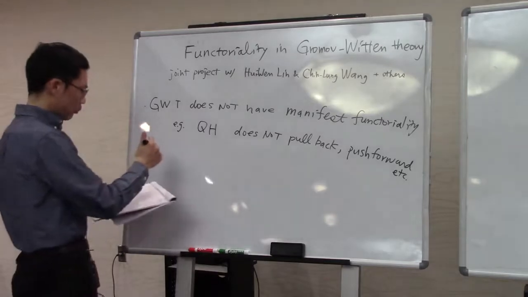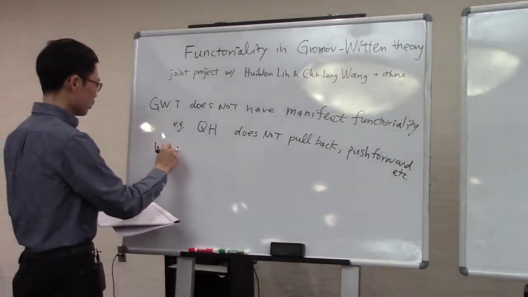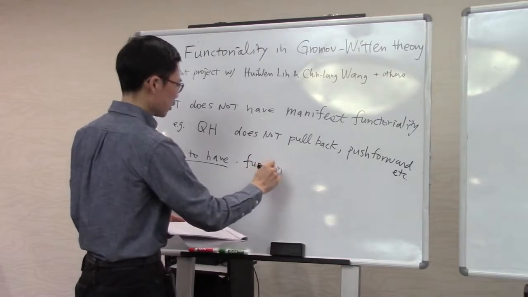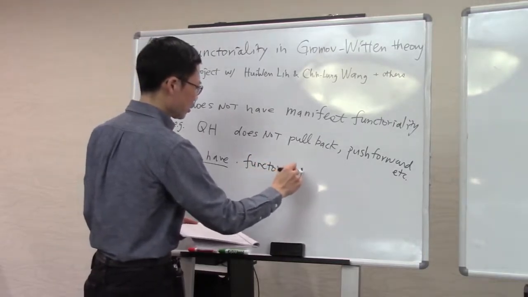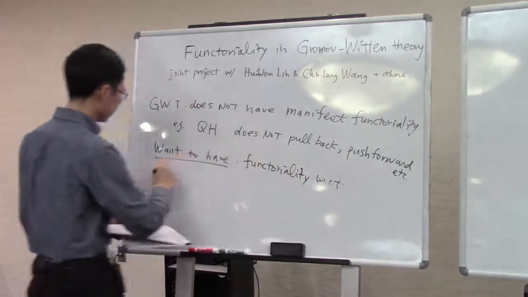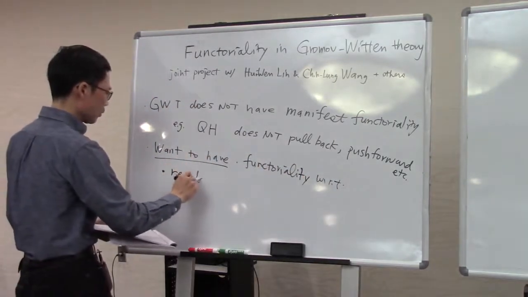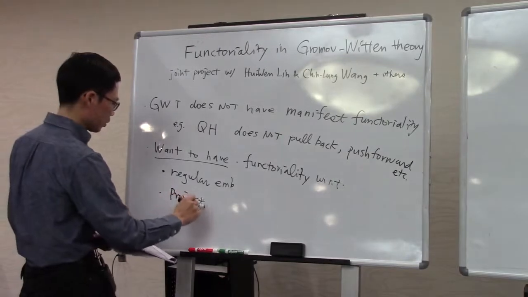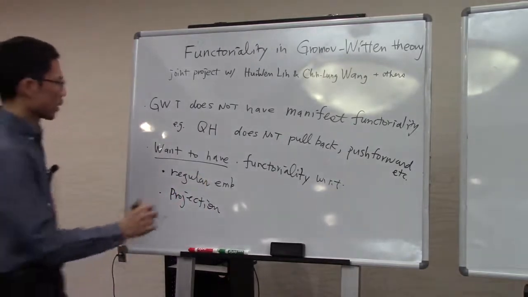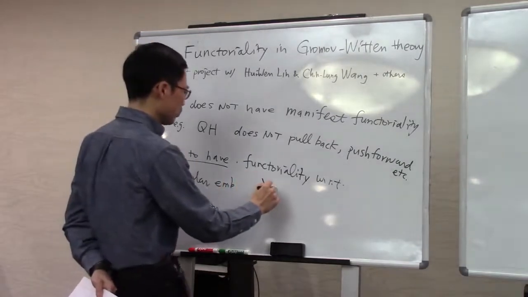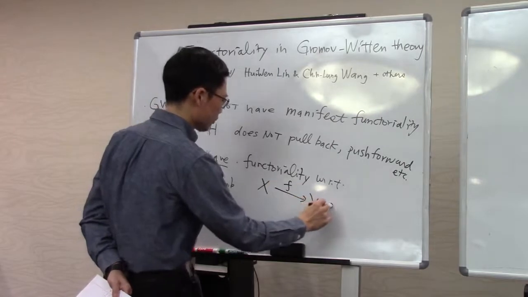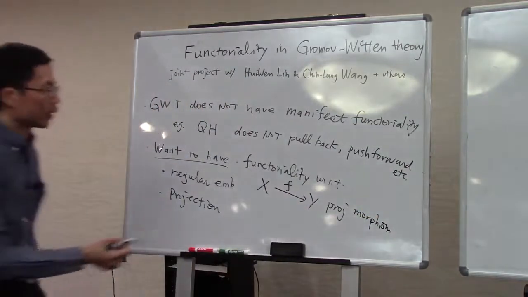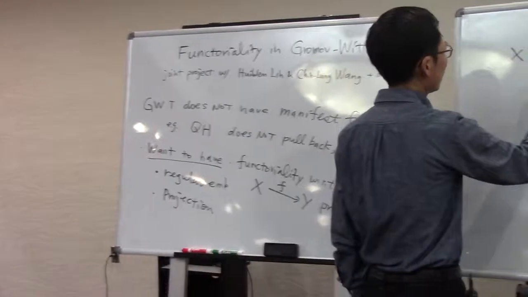So what we really want to have is some sort of functoriality with respect to regular embedding and the projection. And that's because usually if you study any projective morphism, then you know that by definition of projective morphism, you can always factor that through